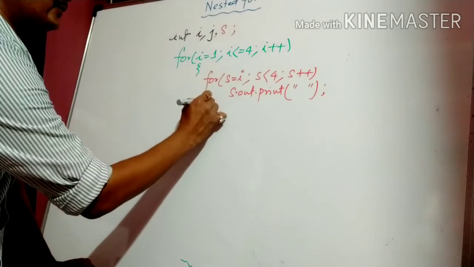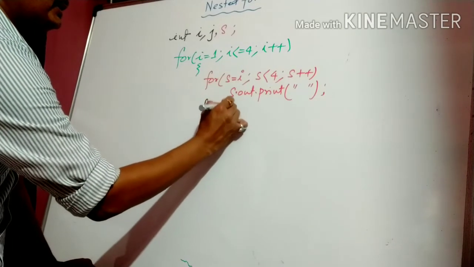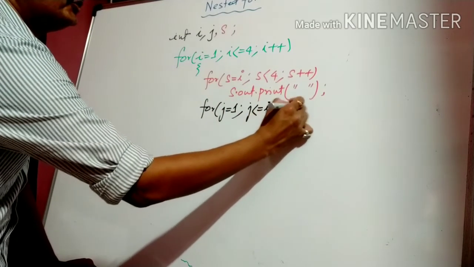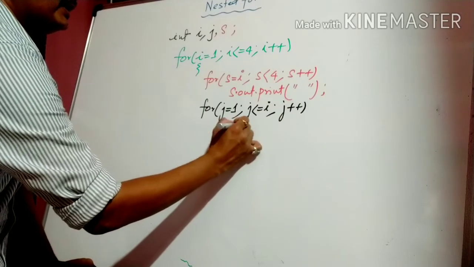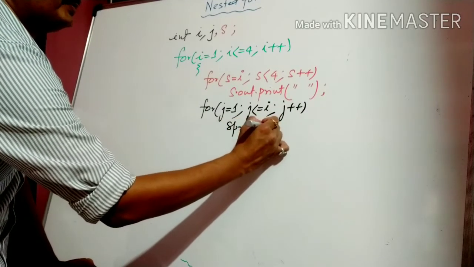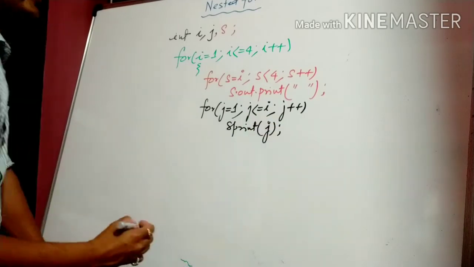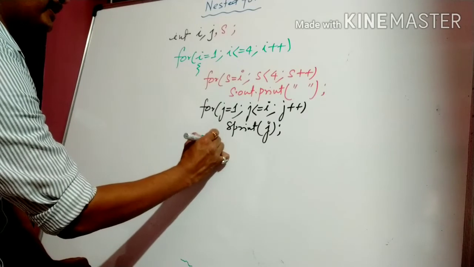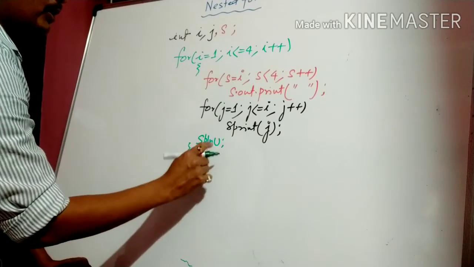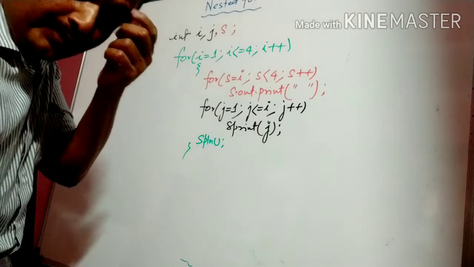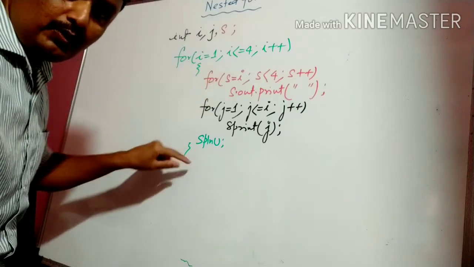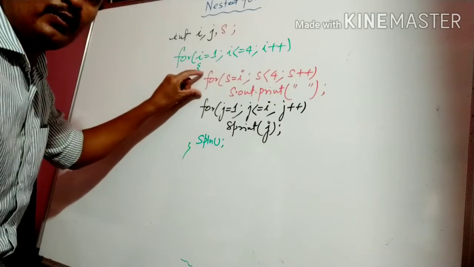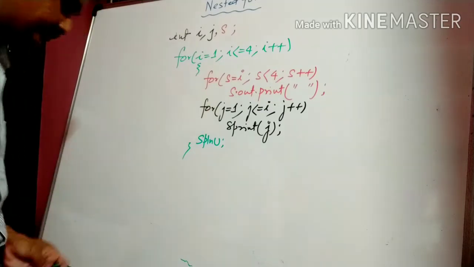One more inner for is there. For j is equal to 1, j less than equal to I and j plus plus. Again System.out.print, it will print j. And the outer loop, as we discussed earlier, will be println. Outer loop will always be println. Remember, inner loop will be print, outer loop will be println. Here, for the first time, I am using two inner for loops. One is s, another is j.